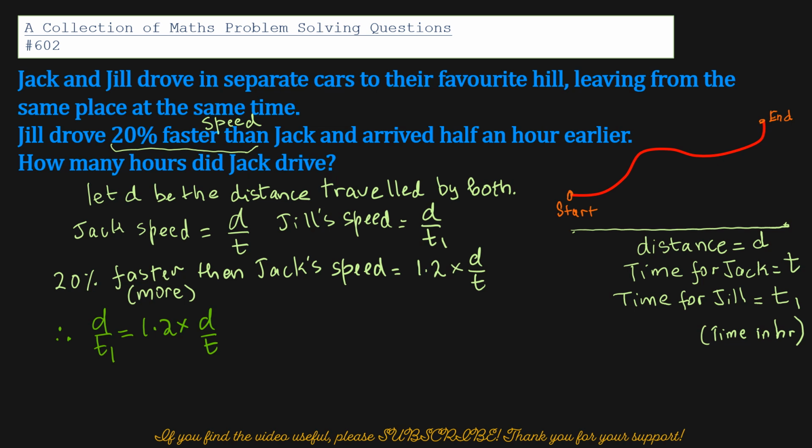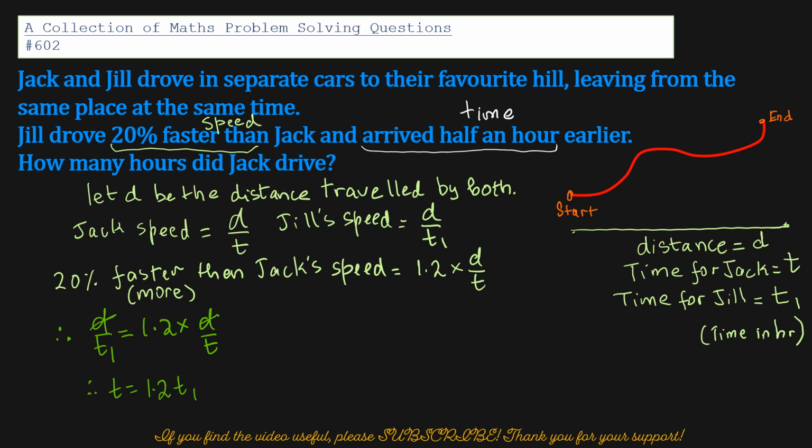So we can equate it: Jill's speed is d out of t1, and that is 1.2 times d out of t. And then the d gets cancelled out, and we get a relation between t and t1. So we get t equals 1.2 times t1. So the next thing to do is to note the time, because